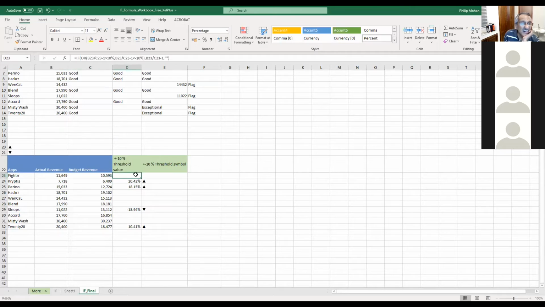Oh, it is there, is it? Okay. It seems to be smaller than my formula. She's actually put 10% instead of 0.1. So basically, she's done the same thing: if it's greater than 10% or if it's less than minus 10%, then give the value. Otherwise, don't put any value, which is what I've said, right?